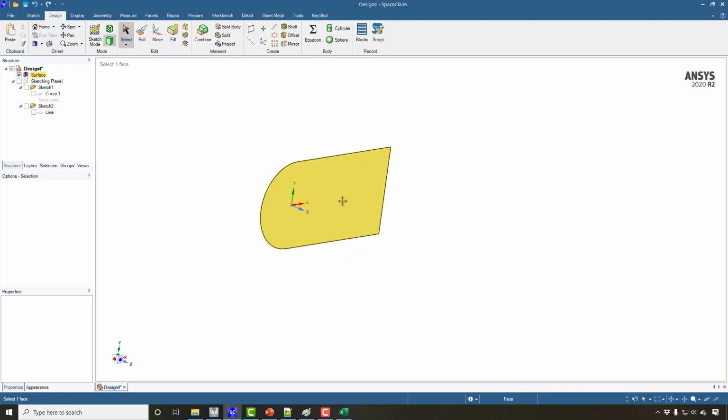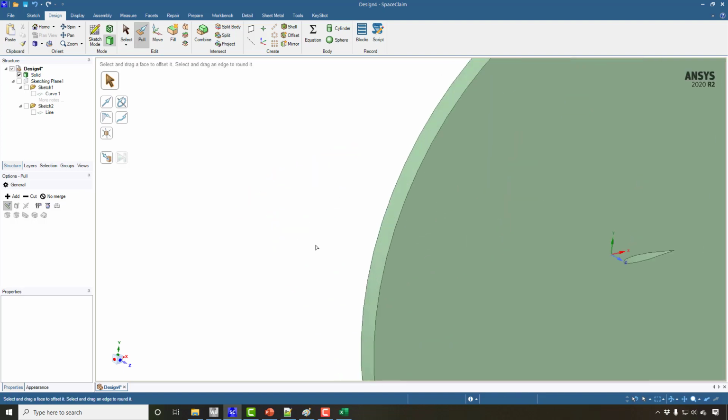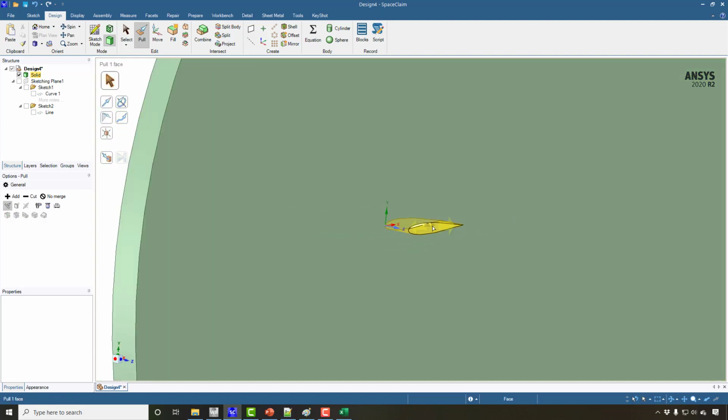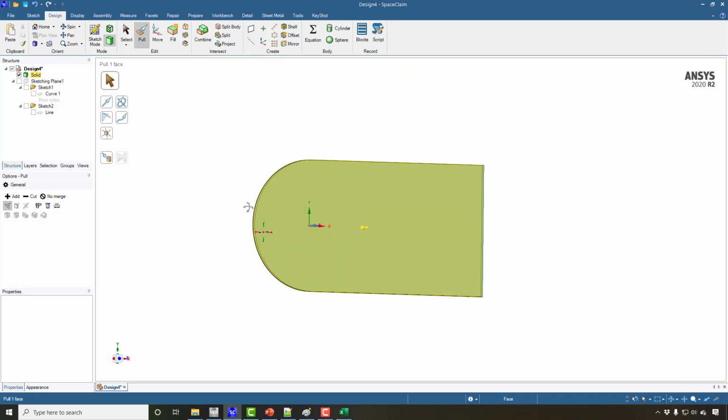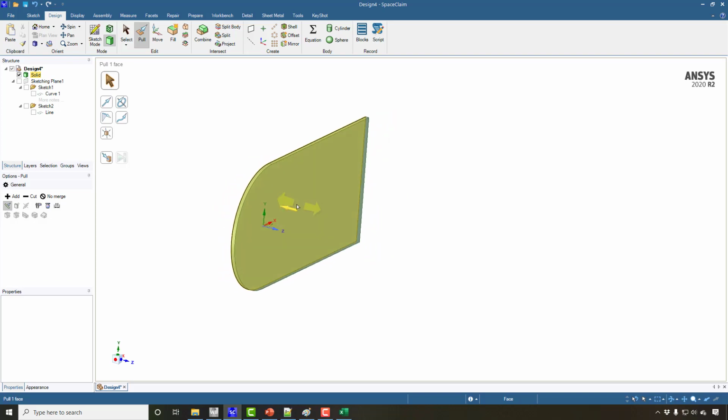And so for 3D flow, if you want to get the proper turbulence features and the profiles in this flow, the recommended value is that the third dimension or z dimension should be at least 0.3 times the chord length. The chord length is 1, so I'm going to make it 0.3 times. So simply pull it by a value equal to 0.3 meters. This is the value I need. And so now it's perfectly fine with us. And now, in the second video, I'm going to make the boundary conditions and the meshing on this geometry.